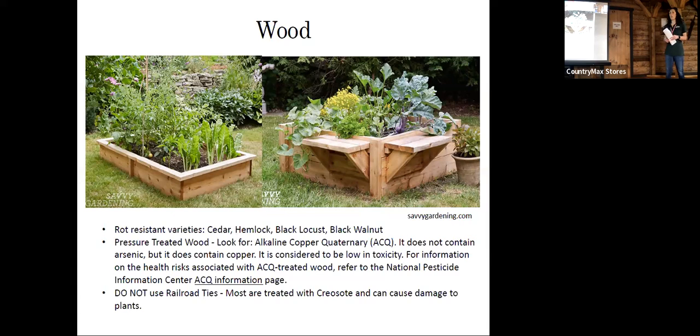There has been a big debate in the past about pressure treated lumber. So as of 2004, they no longer treat pressure treated wood with the chemical that used arsenic as the main ingredient. It was known as CCA. They now treat the pressure treated wood with a copper-based solution. It's known as ACQ. So you can look at the tag on the end of the lumber or maybe check with the lumber store and see if you can find out if it's pressure treated with that ACQ